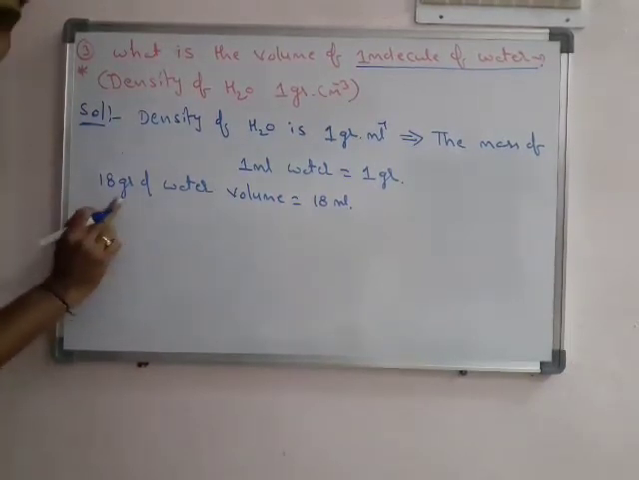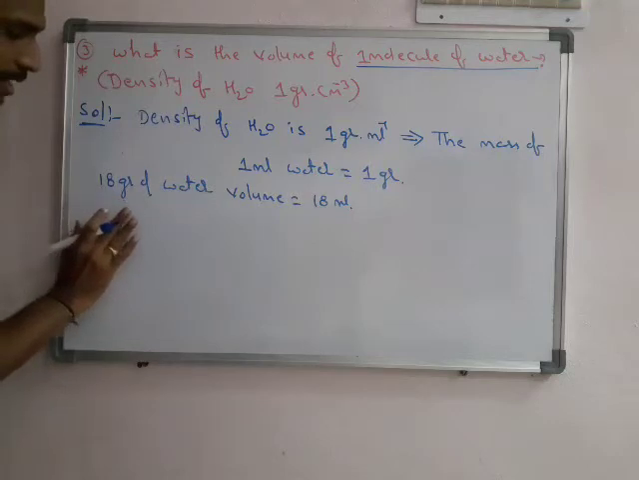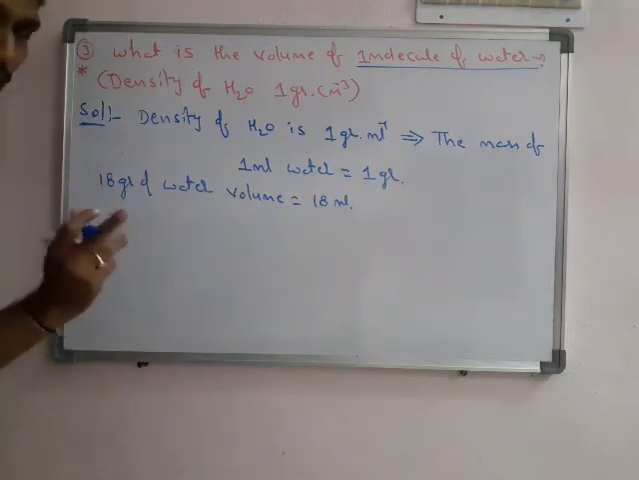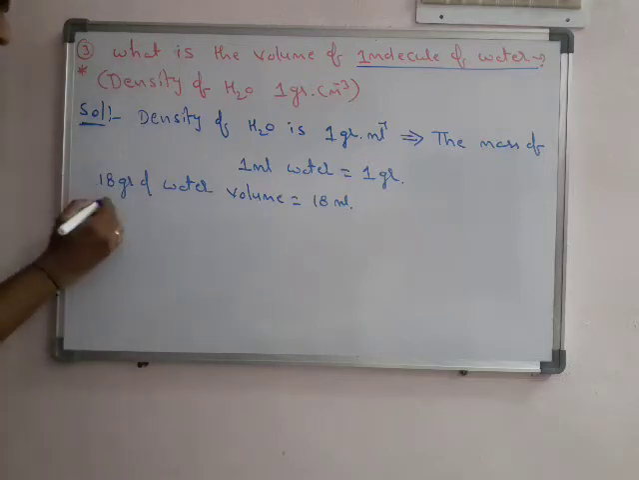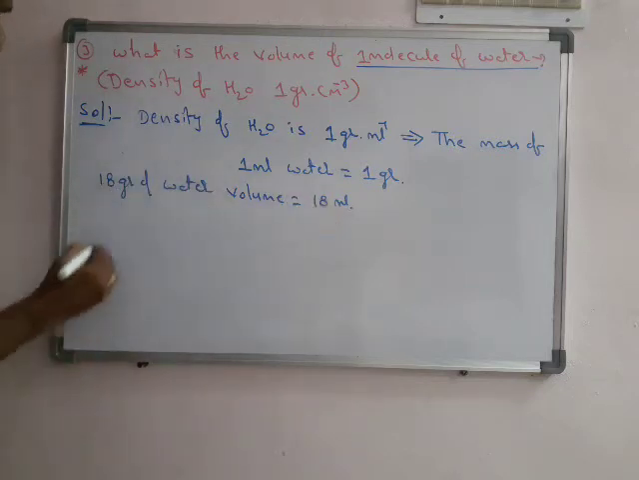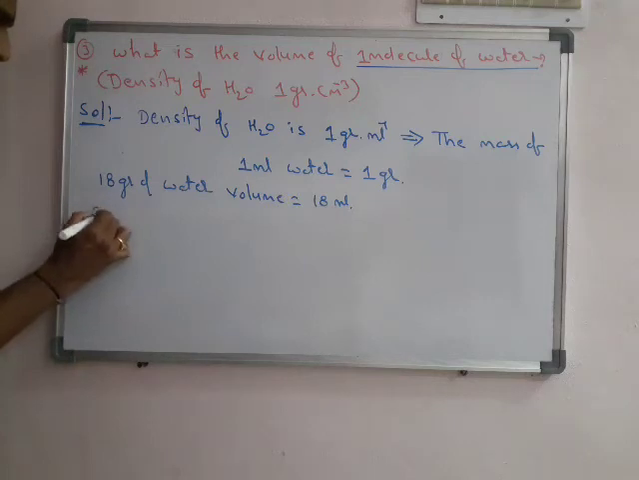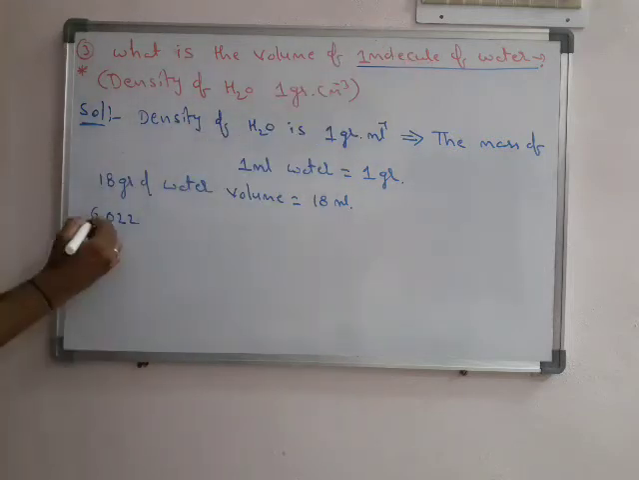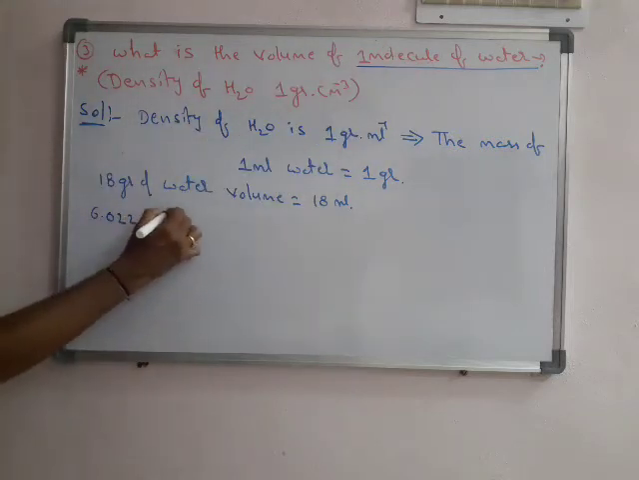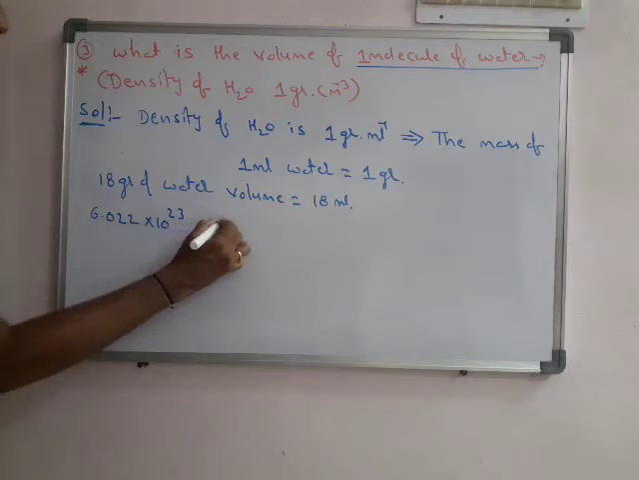18 grams means the molecular weight. Molecular weight is always equal to 1 mole. 1 mole equals how many particles? 6.02 into 10 power 23. The water molecular weight is 18 grams, and its volume is 18 milliliter. So 18 grams contains how many molecules? We are converting into molecules, since we need 1 molecule. It is 6.022 into 10 power 23